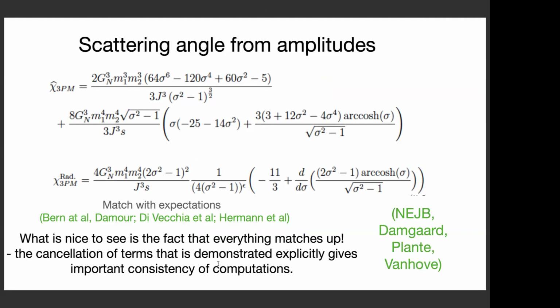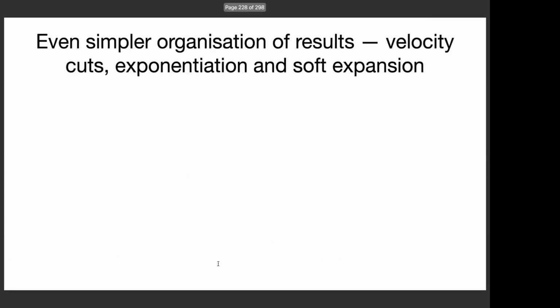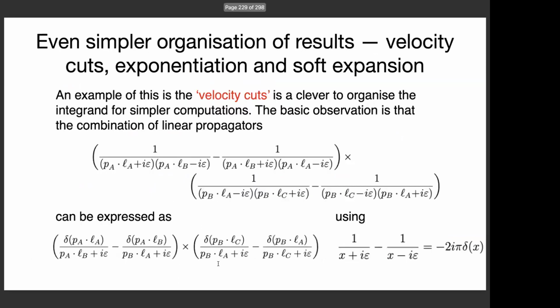So what is nice to see is that there is a way to make the amplitude physics connect with general relativity, and that considerations like cancellations of infrared divergences, if we're doing them correctly, demonstrate exactly the consistency of what we are doing. So I know that time is running fast, and I'll hurry up. At some recent results, I just want to give you a taste of what is interesting to focus on next.